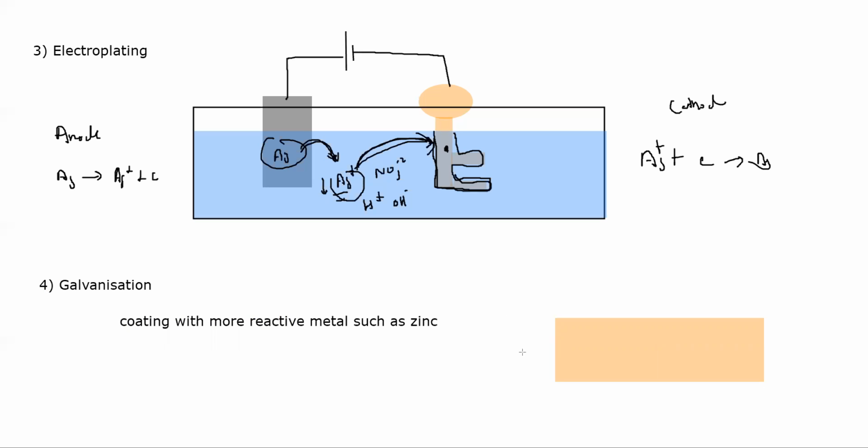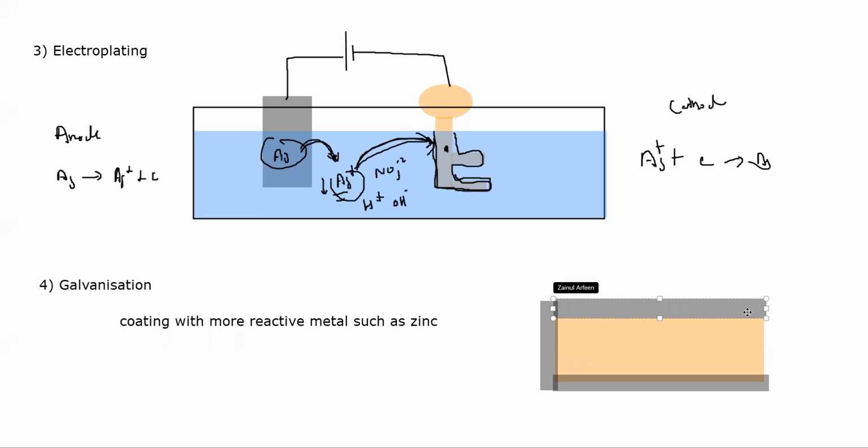You want to prevent iron from rusting, and you coat, you cover this surface of iron with zinc. So iron will not rust because it is protected by zinc. Now, what is the advantage of galvanizing over electroplating? Look, for example,